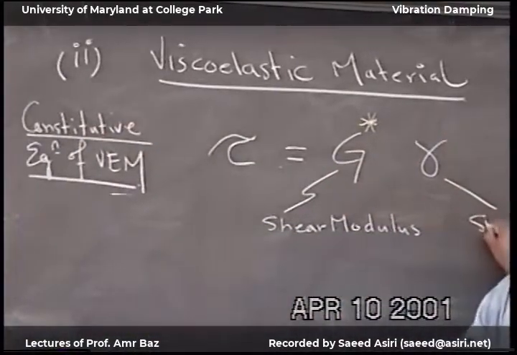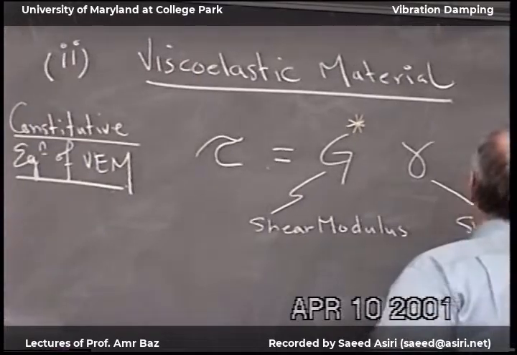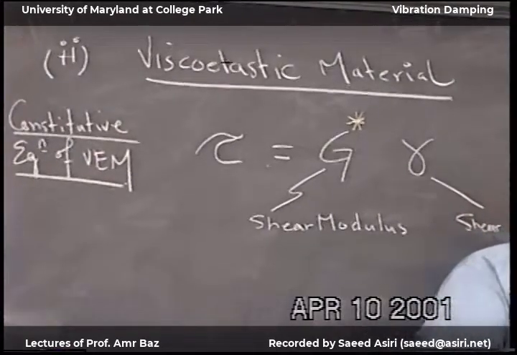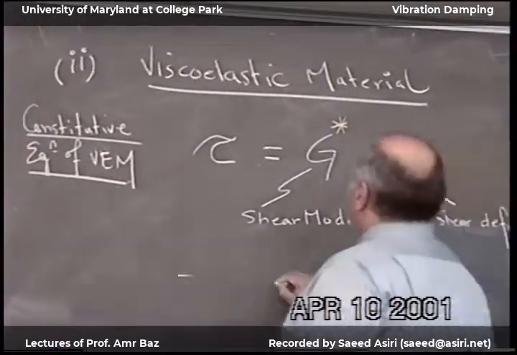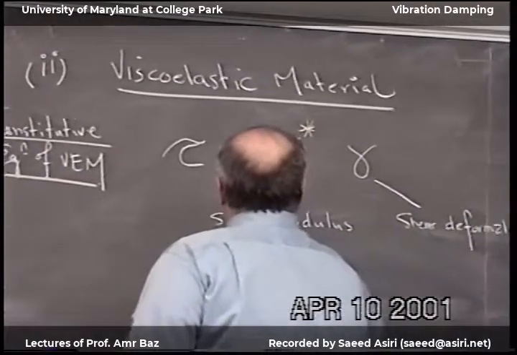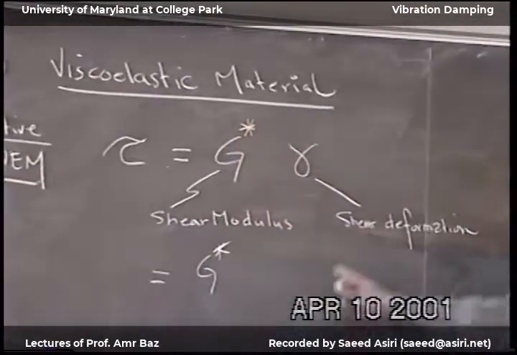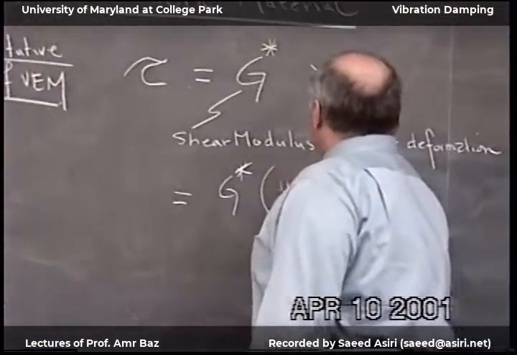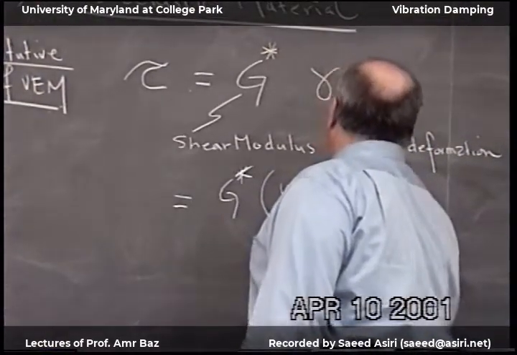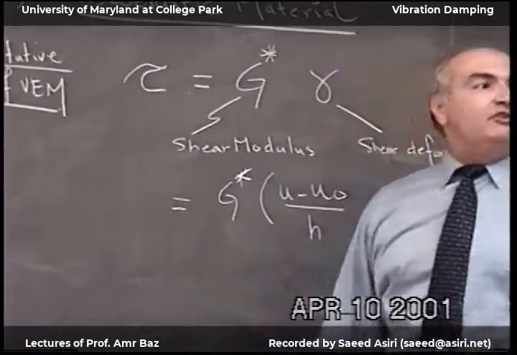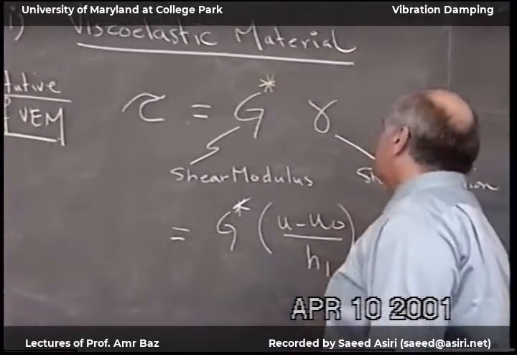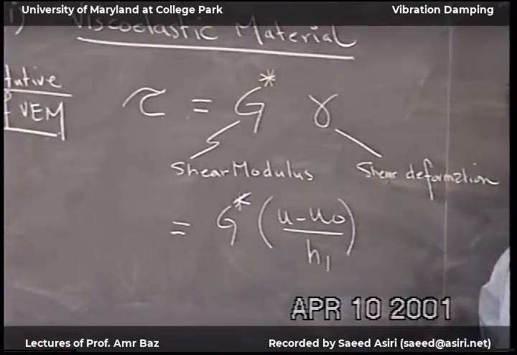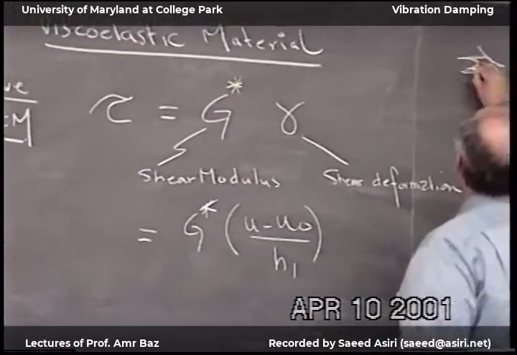This is the shear deformation. And now this will be G asterisk, and the gamma, we write it down in terms of the U and U0 and H1, the thickness of the viscoelastic material. So now from here, then I have H2,